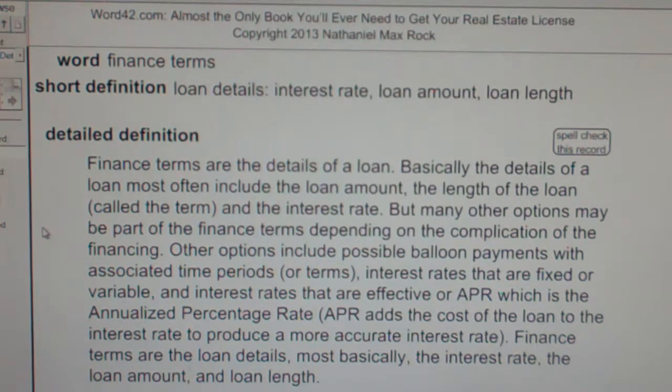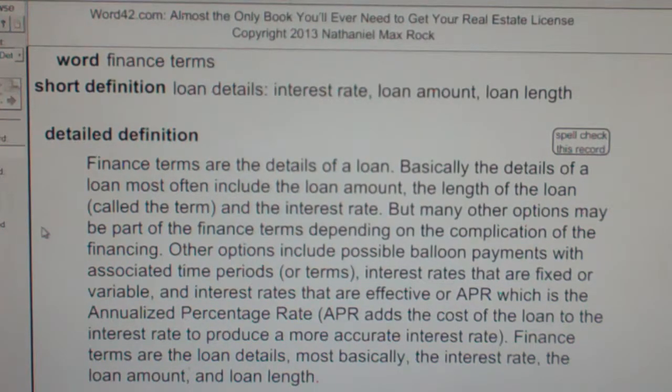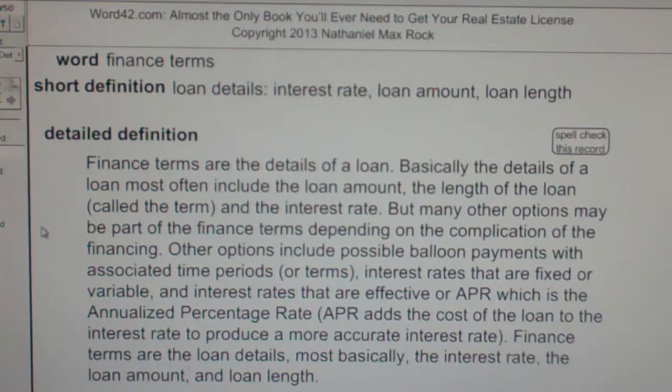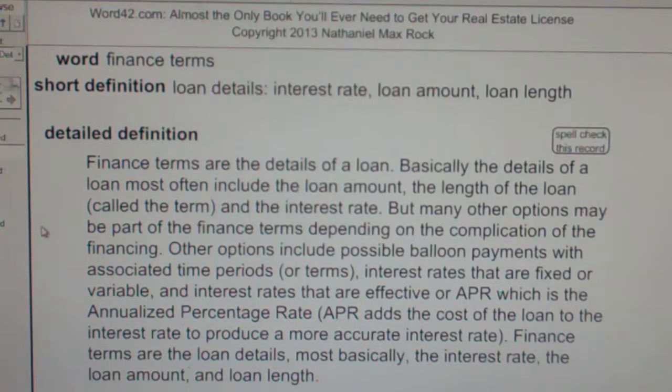Finance terms, loan details, interest rate, loan amount, loan length. Finance terms are the details of a loan. Basically, the details of a loan most often include the loan amount, the length of the loan called the term, and the interest rate. But many other options may be part of the finance terms depending on the complication of